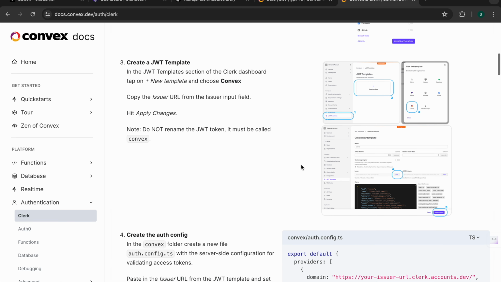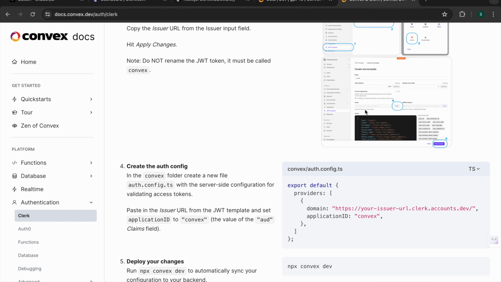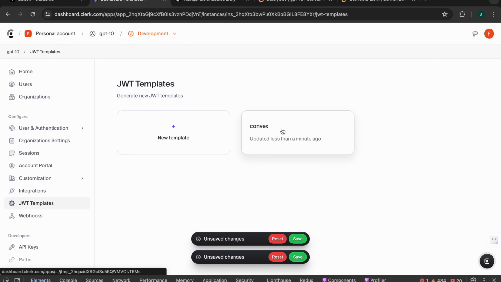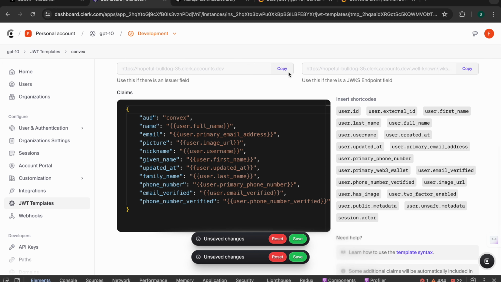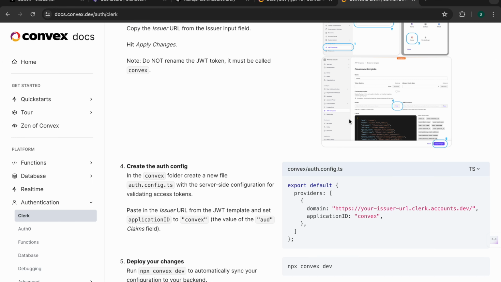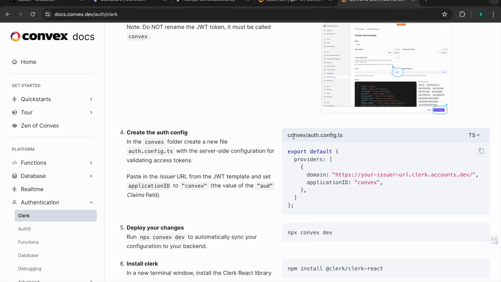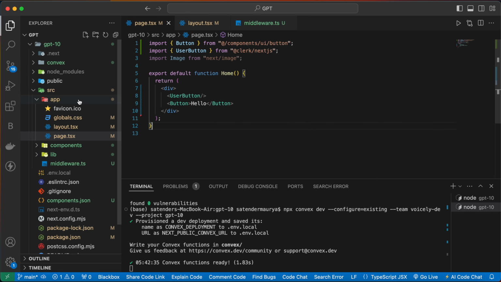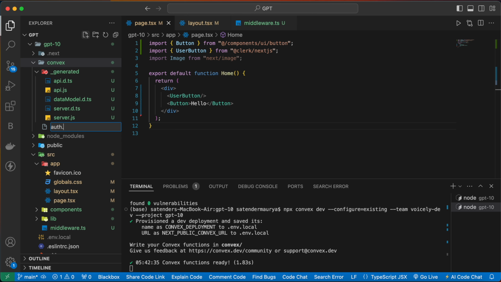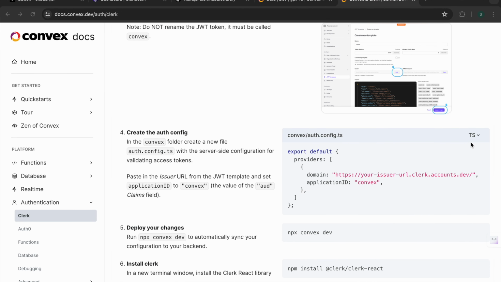Okay, now here you will see that this is saying that you need to copy this issuer URL from the Clerk. So open this again. We need to copy this and we need to make a file inside the convex, auth.config.ts. So let's go here, make the file auth.config.ts, then copy this